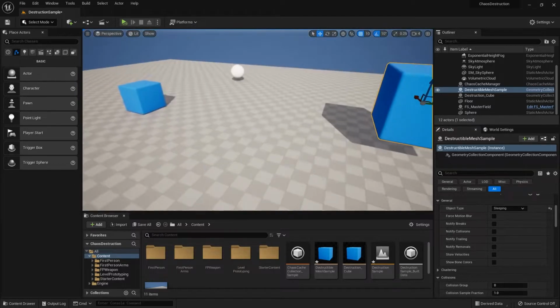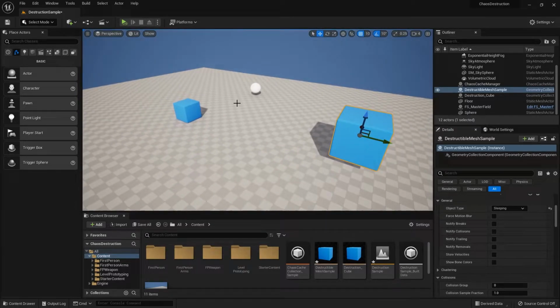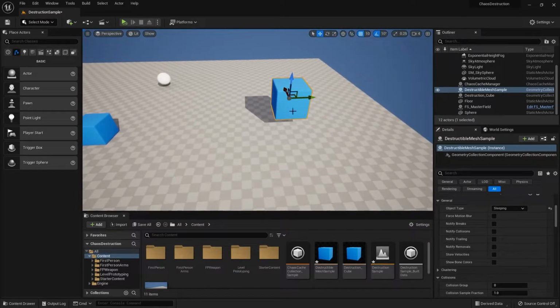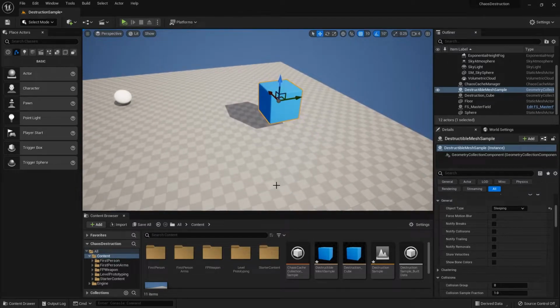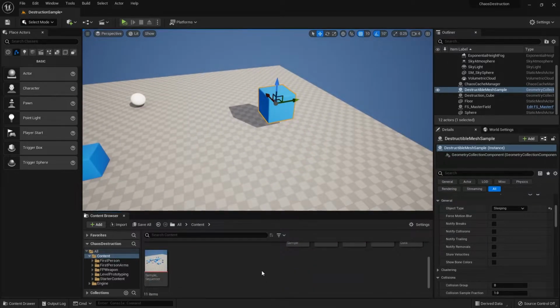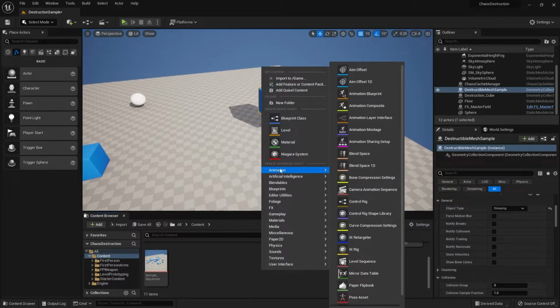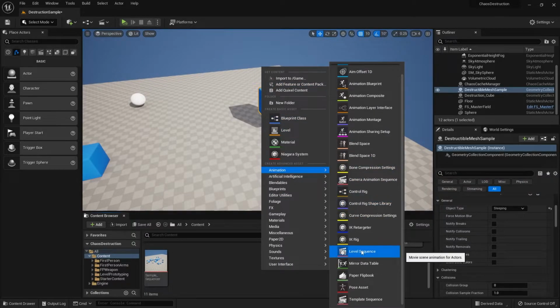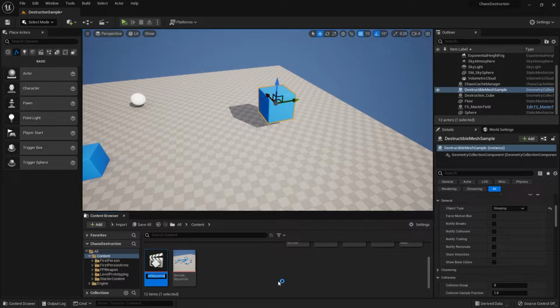For the next step, let's do something like the example over here: make a sphere to crash into the destructible mesh. So first I'm going to make a new sequencer by pressing right click, animation, and going to level sequence. I'm just gonna name it destruction sample. Oh, I already have that name, so let's make it destruction sequence. There you go.